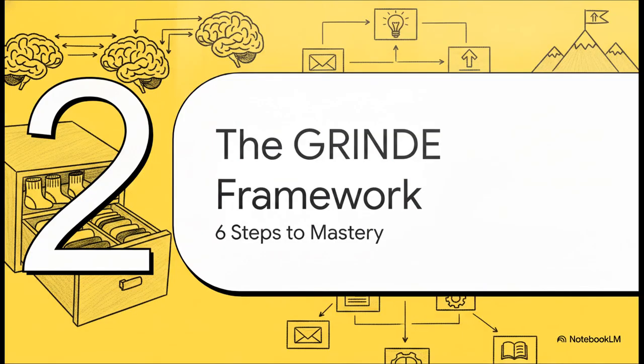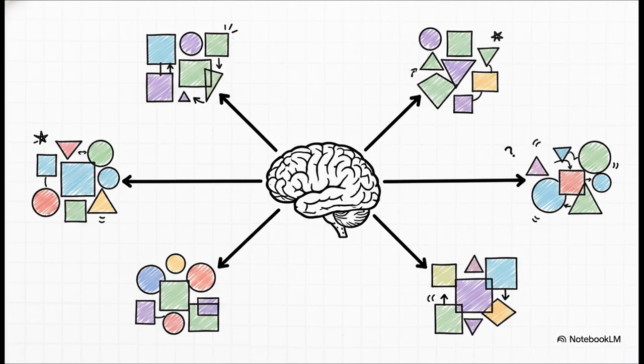Section 2. The GRINDE framework, Justin Sung's 6-step checklist for cognitive mapping. So how exactly do we build that mental sock drawer? We use learning coach Justin Sung's GRINDE framework. It stands for grouped, reflective, interconnected, nonverbal, directional, and emphasized. If your notes are hitting all 6 of these, you are engaging in highly active, incredibly efficient learning. Let's break down each letter really quickly so you can start building these schemas.